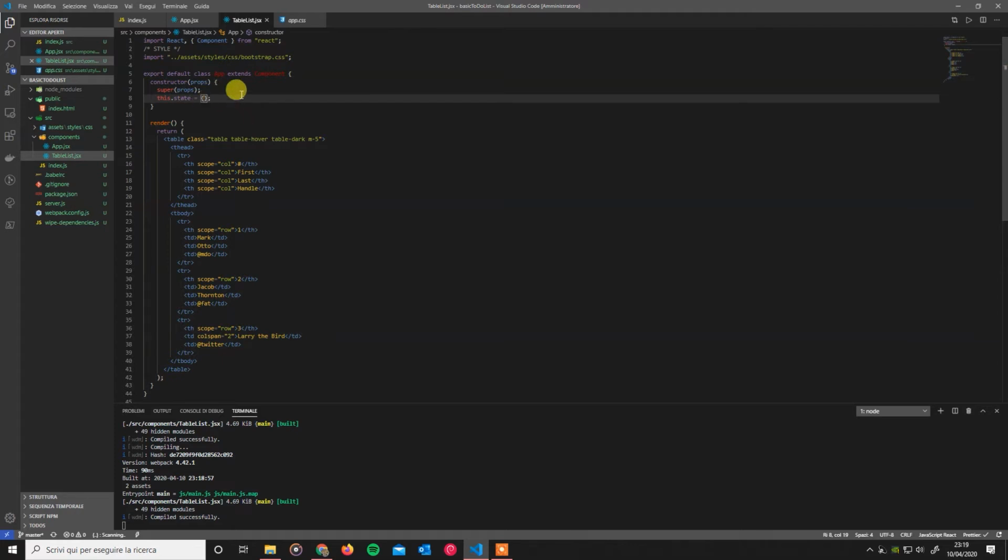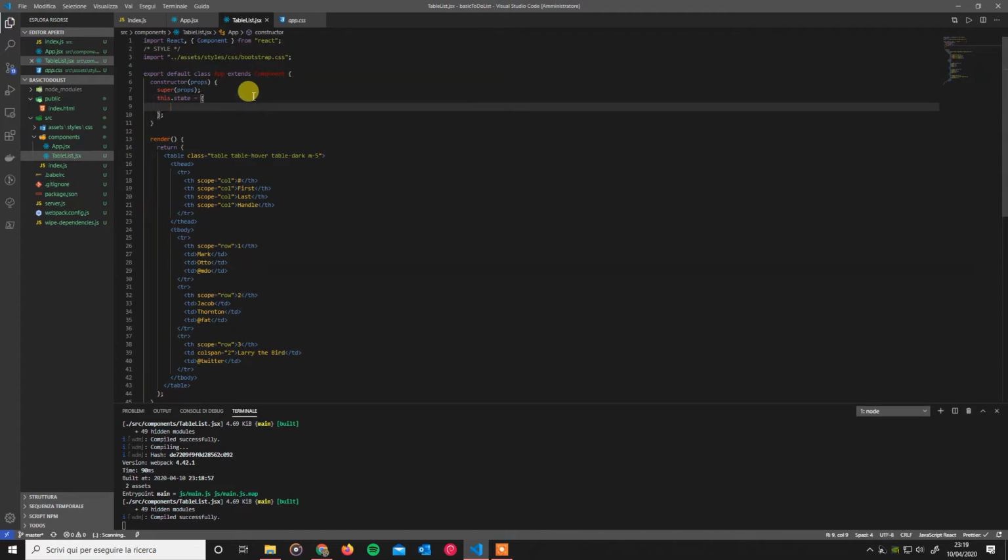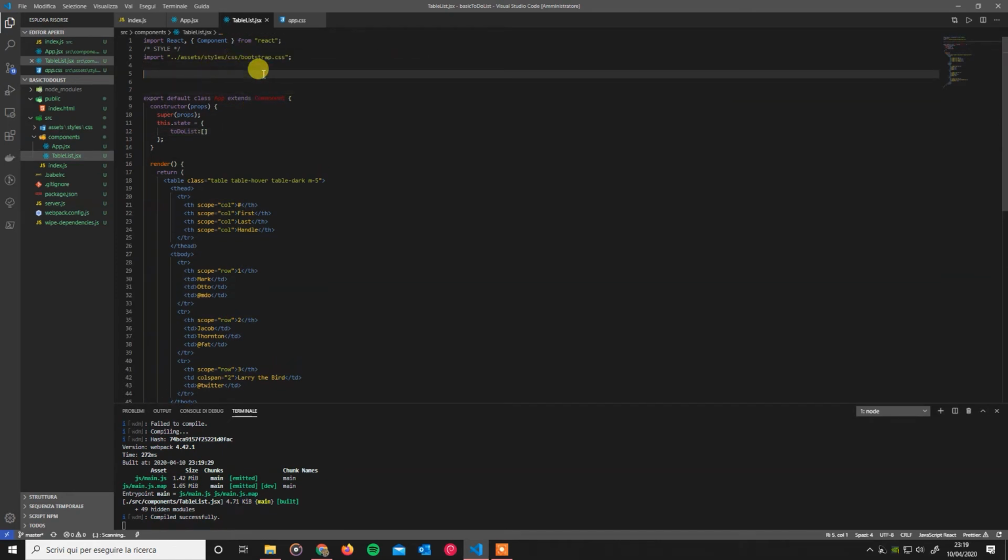Then we'll take the constructor. Basically, I'm creating this constructor like a part of our class, and inside it we will store all our states, aka variables. One of these variables will be, let's call it to-do list. It will be an array with objects inside, and each object it's gonna be